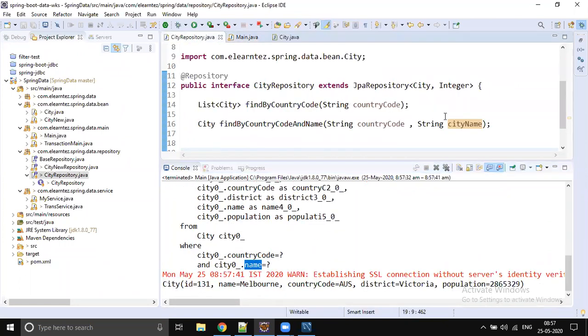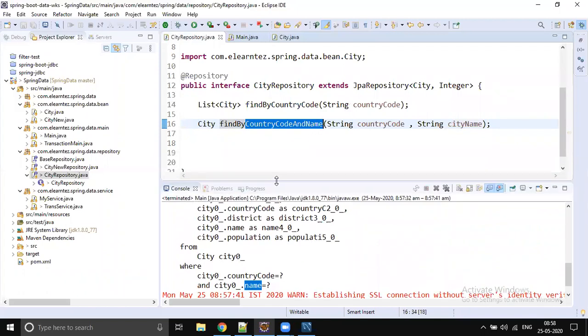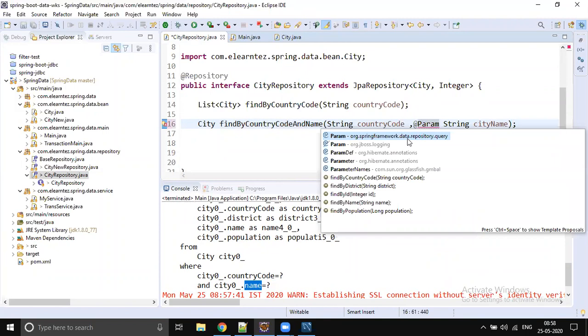Whenever you pass the data wrongly, it is going to populate it in the second parameter. So these are the placeholders. If you don't follow the naming convention, it is still fine. It is all about how you write the method. Still, if you would like to give a different name, it is better to follow the param convention, so that you can define your own name and still make developers understand.